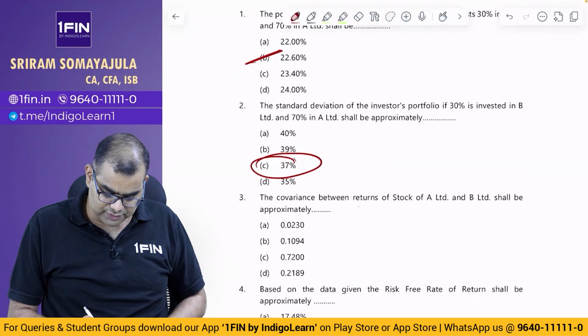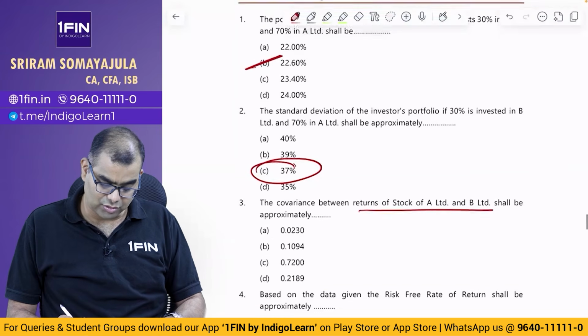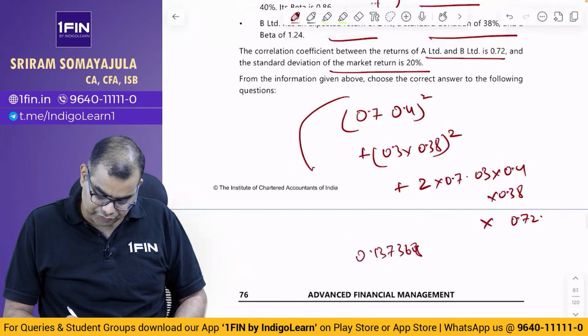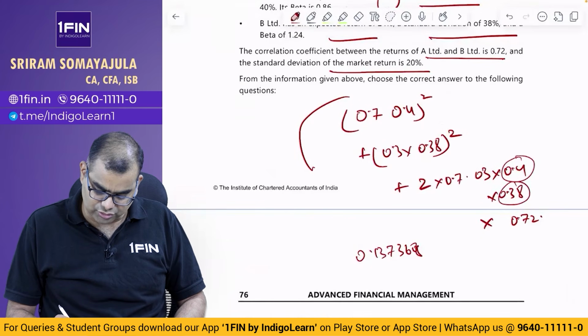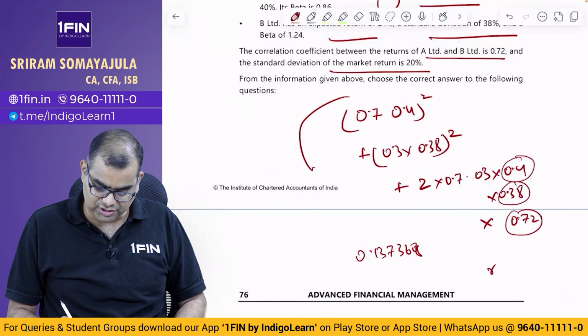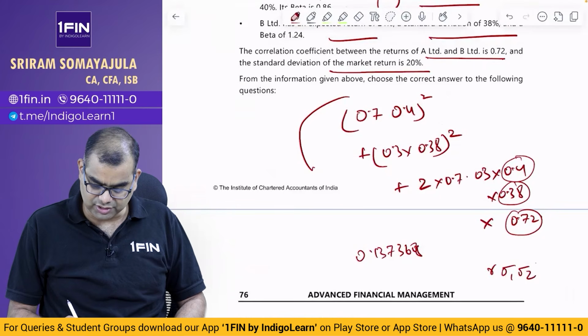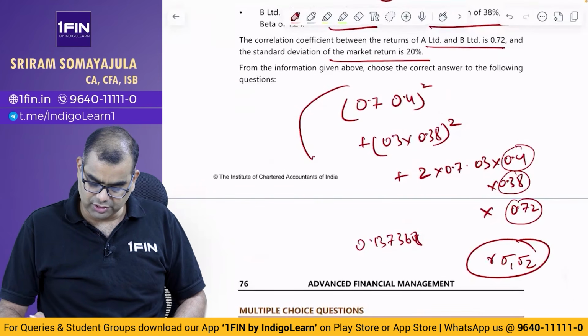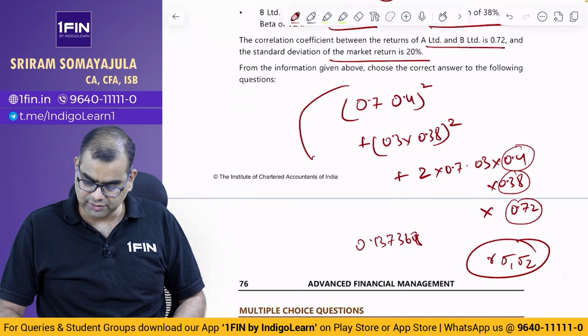Okay, then covariance between returns of stock A and B shall be approximately. What is the covariance between those two? So what is the formula? Formula is actually, forget these weights, your standard deviation 1 into standard deviation 2 into correlation of 1 and 2. This actually gives you covariance. So 0.4 into 0.38 into 0.72,